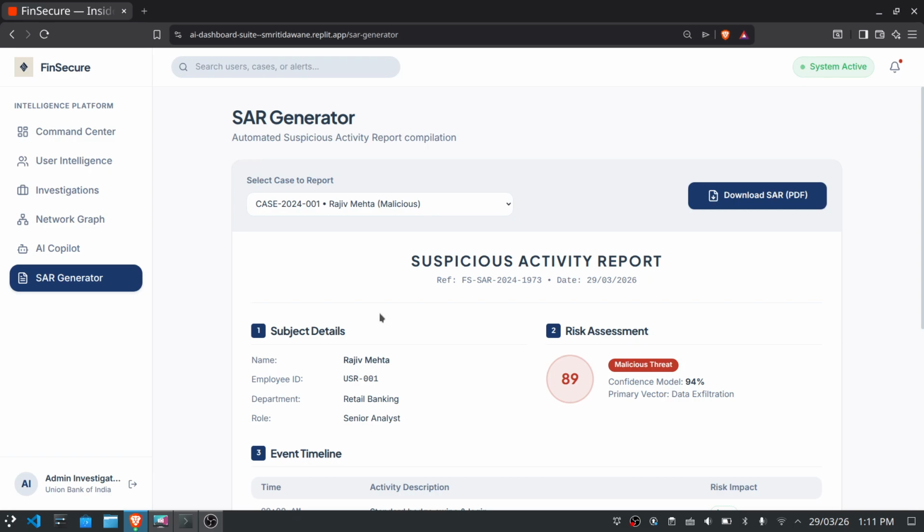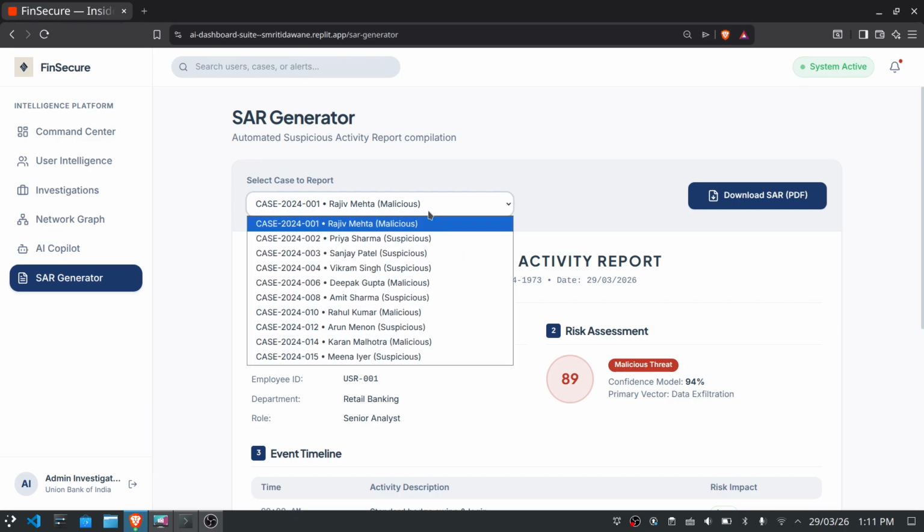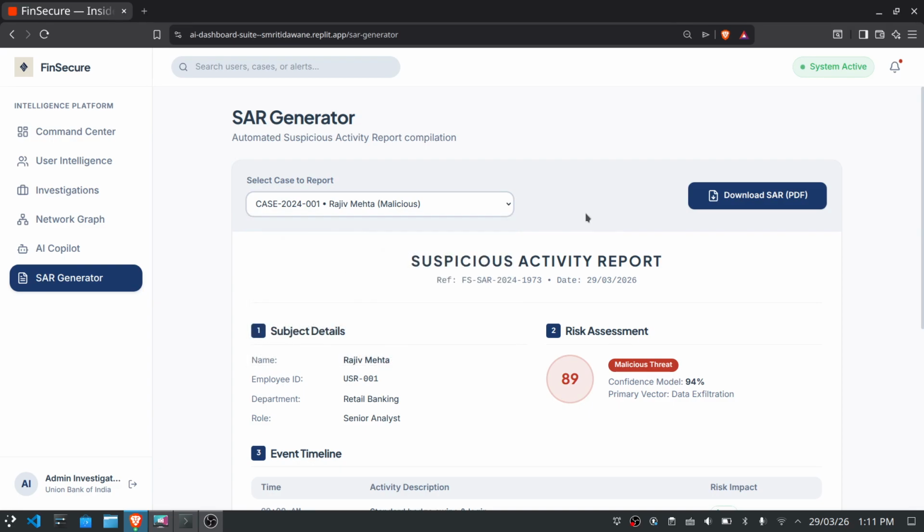Select the confirmed case. For example, here you select Rajiv Mehta, and then the system assembles the SAR. Subject details, risk assessment, confidence score, event timeline, and all of it is pulled from the case file. An LLM then writes the Part D narrative in FIU-IND compliant language.